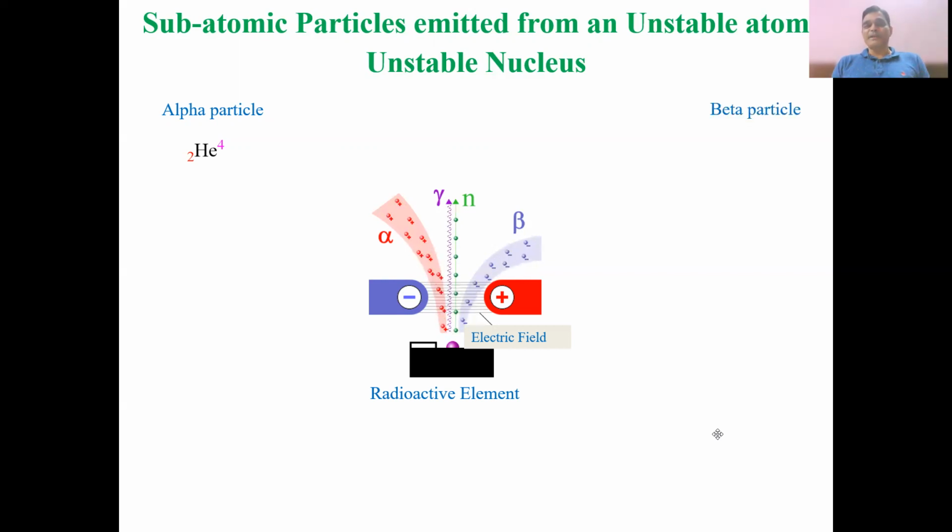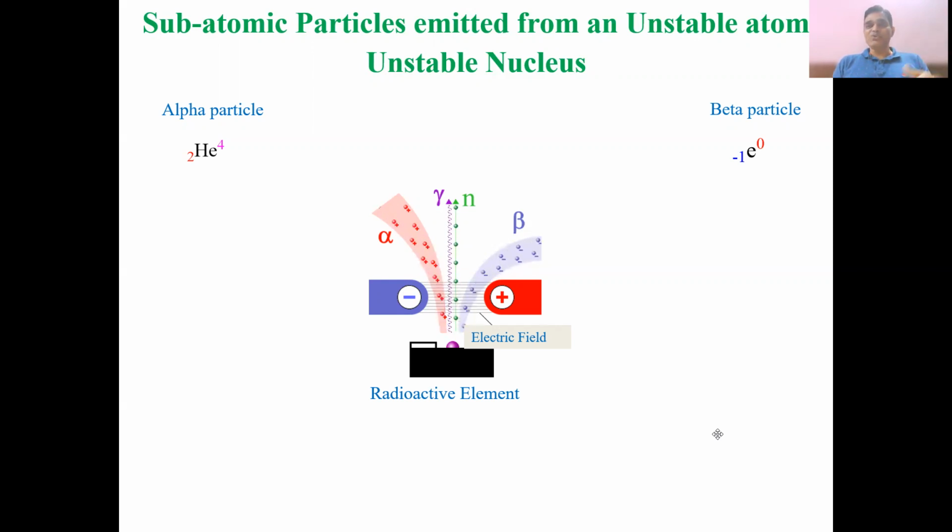Next are the beta particles. The alpha particles have a positive charge, so as you can see in the diagram, these alpha particles get deflected towards the negative electrode, while the beta particles are represented as small e, with 0 as a superscript and -1 as a subscript. That is the representation of the beta particle, and it is like that of the electron, but they differ.